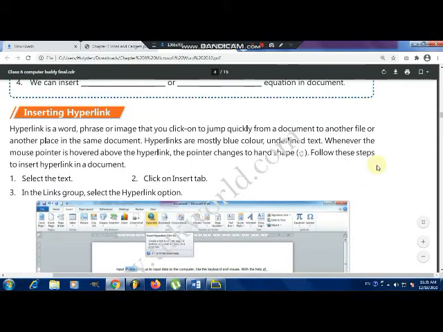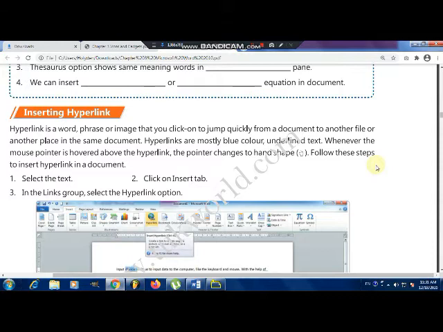Hello everyone, this is session number 4 of lesson number 3, Microsoft Word 2010. In this session we are going to learn first how to insert hyperlink and how to insert equation and symbols. Actually the beginning of this chapter started with Word Thesaurus, okay. We are going to learn that at the end because it's in the Review tab. And today we are going to learn the commands from the Insert tab.